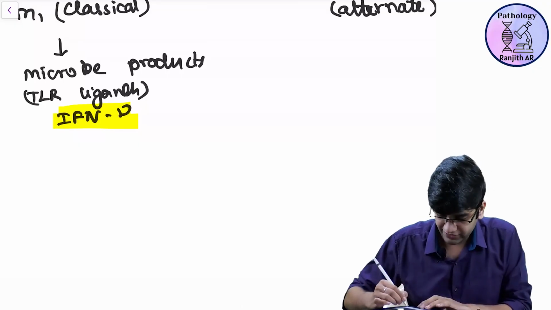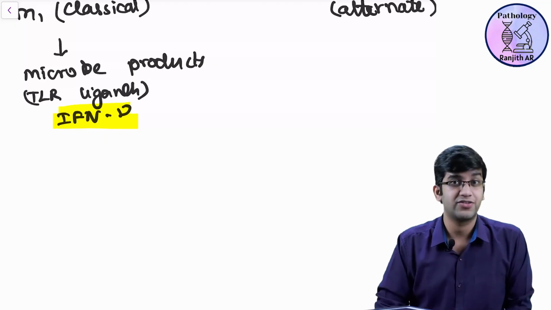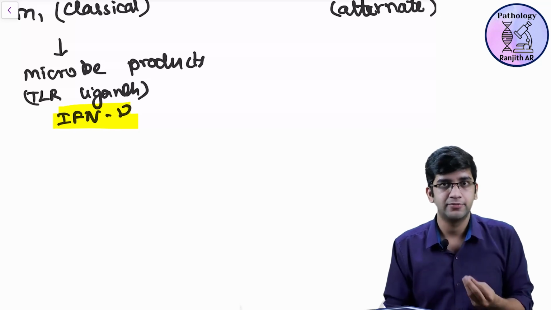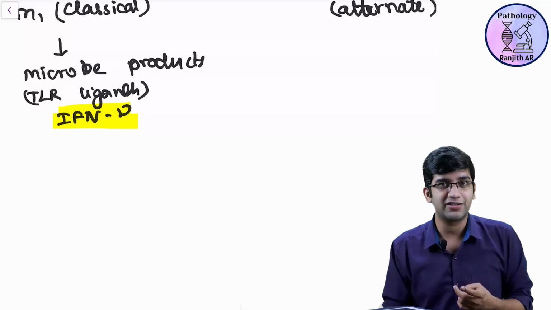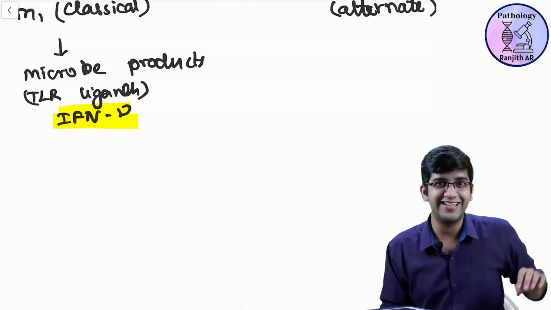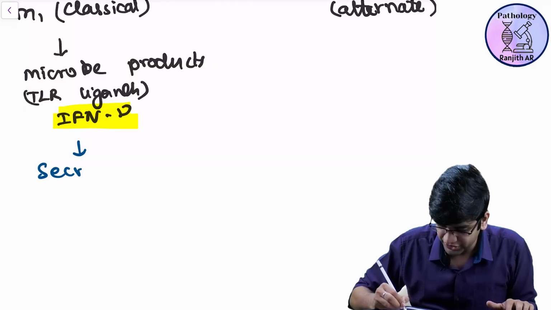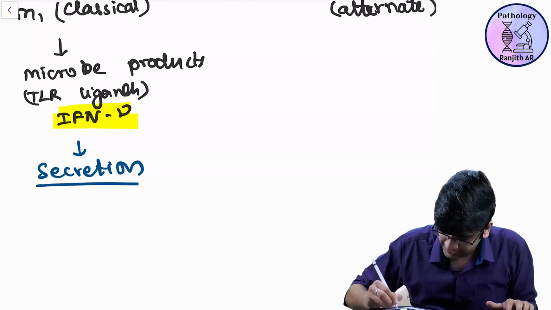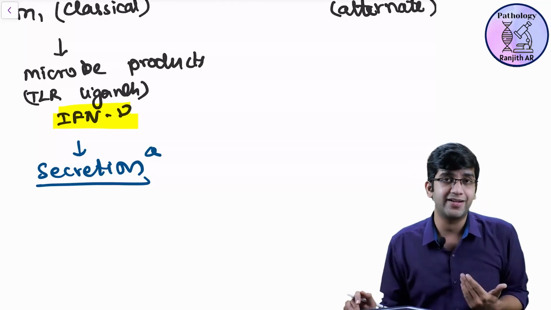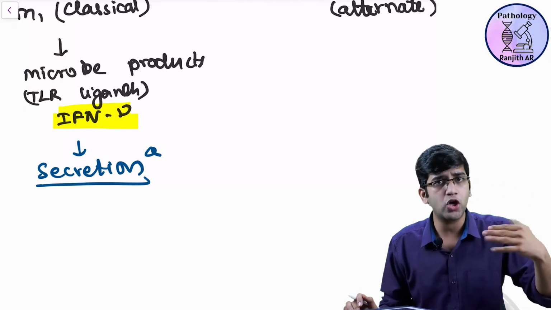So what does this M1 activated macrophage do? It's an activated macrophage, so its function is different. A normal macrophage knows only one thing: eating. An activated macrophage, you're eating too much, you get activated. What will you do? Secrete. The function of both activated macrophages is secretion. Again, an MCQ point: it doesn't phagocytose, it secretes. What do they secrete? More interleukins. The only goal is to make sure the inflammation goes on and on.